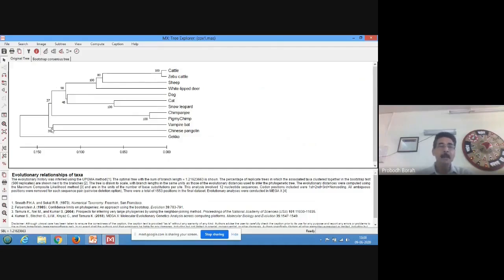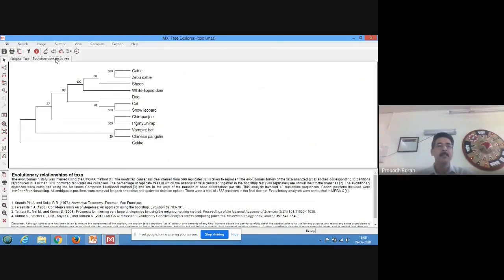Then you can use this as the final tree for publication, or otherwise you can look into the bootstrap consensus tree. So this is the final tree, the bootstrap consensus tree. This can now be copied and used for publication in your paper.